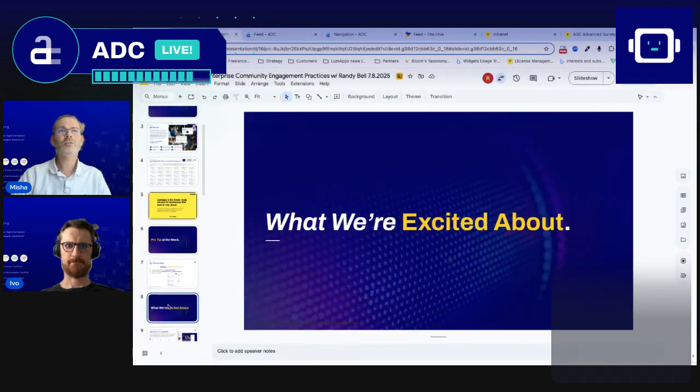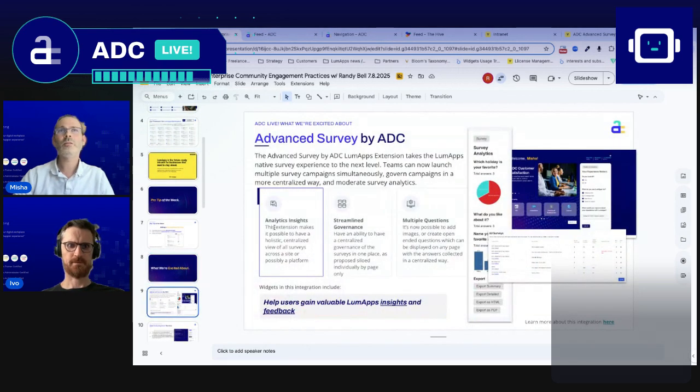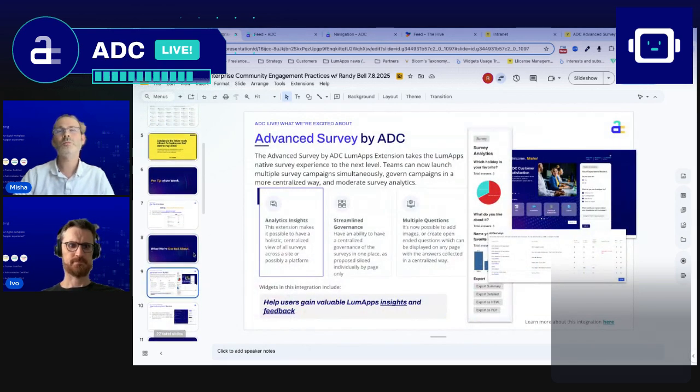So then the next section is what we're excited about, and today, what I wanted to discuss was a new way to have surveys within Lumaps. So Lumaps, traditionally, they have a survey extension. It's a poll extension really, and we've extended that capability to really make it into a true survey